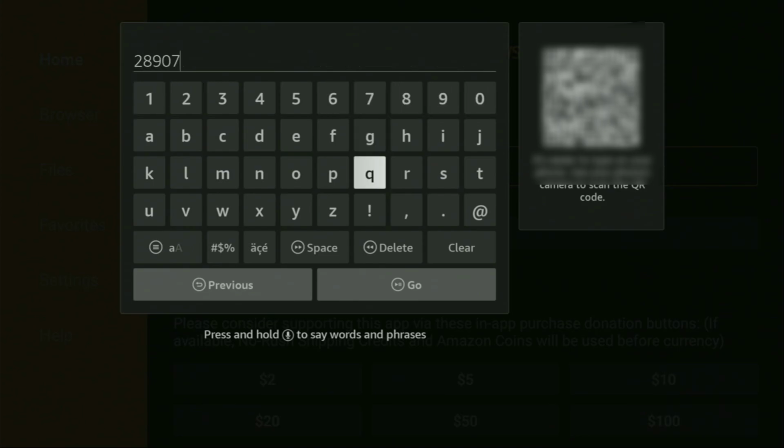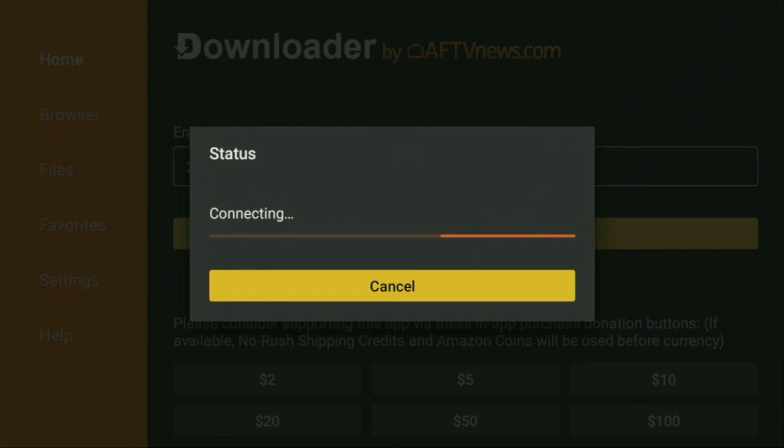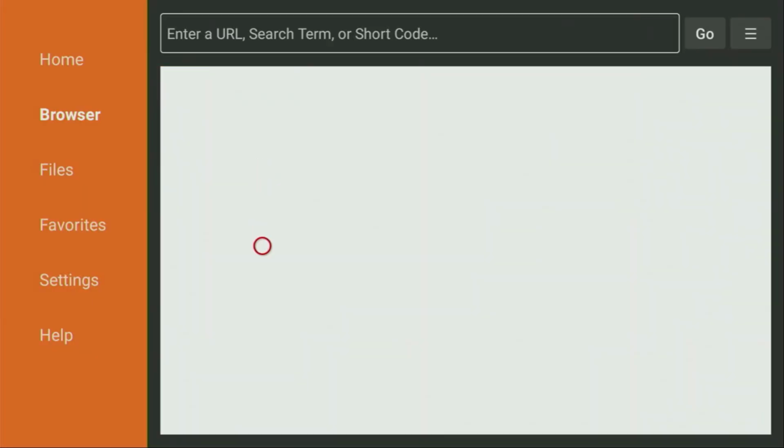28907. After that, you just click on Go, and while the website is loading,